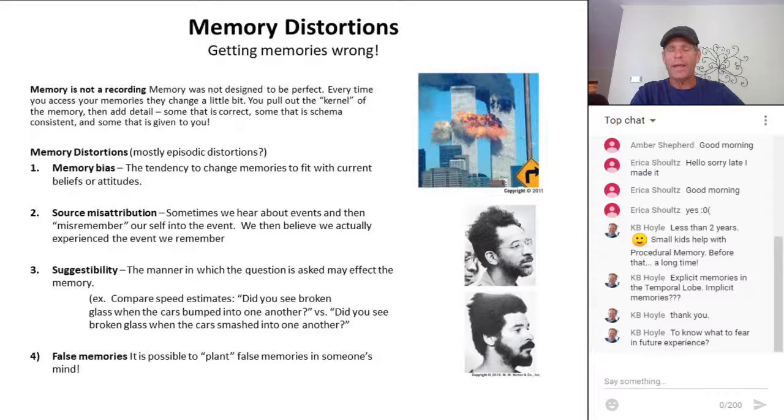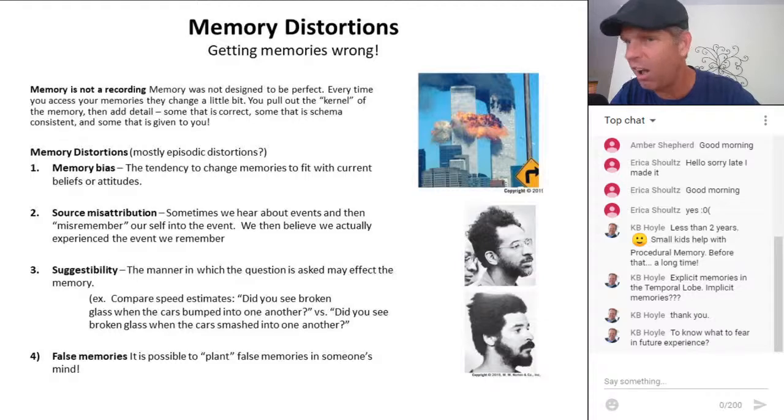Now, a second way in which memories become distorted, your book's going to talk about source misattribution. Here's an interesting concept. Every memory that you had is the same thing as a memory that you were told about. The only difference is that you were in one of those memories. So I could tell you about a birthday party, and it would be the same as your birthday party. And both of those, you're going to store the same way. The only difference between my birthday party and your birthday party is your memory is going to include you as being part of it.